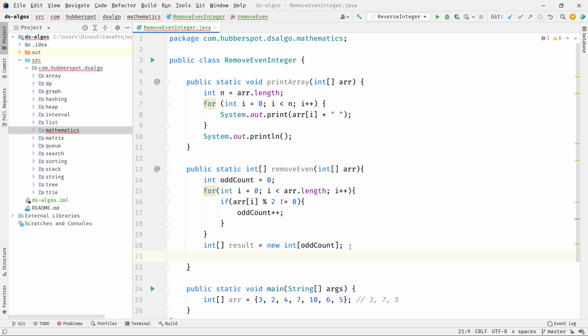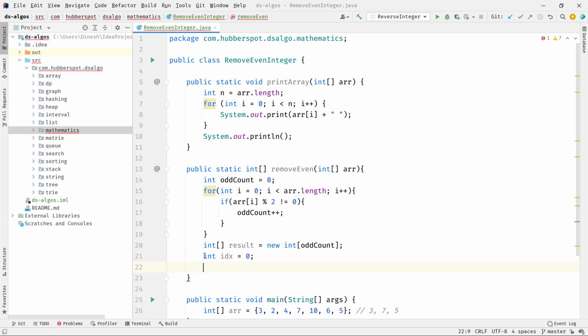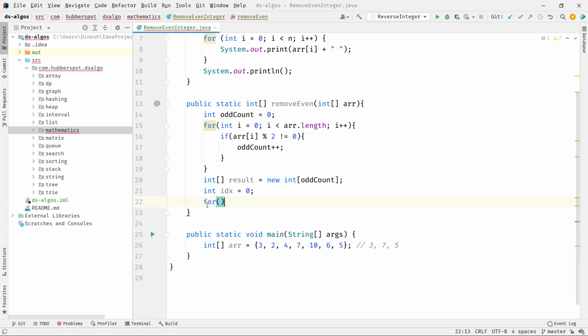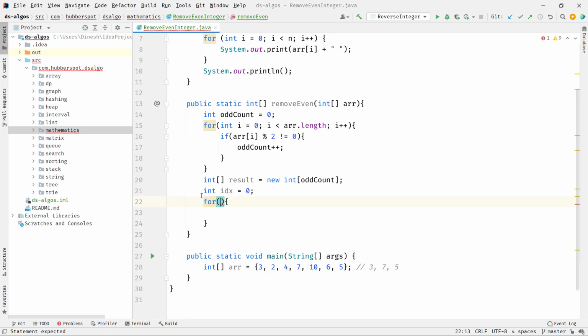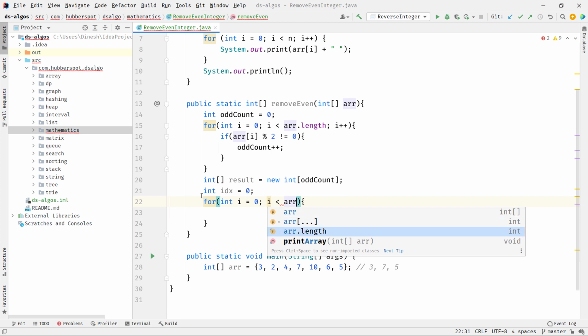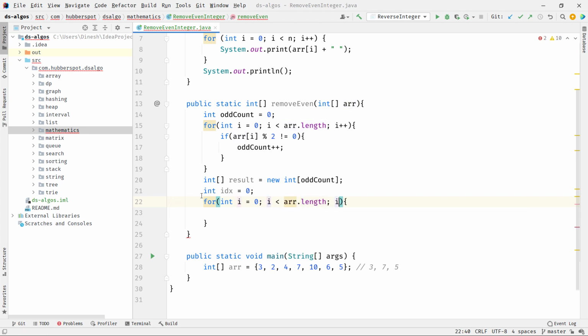Now after creating the result array, we need to fill it with the respective odd elements. First we'll create an index variable starting from 0 and then we will again iterate the array, and provide the same condition as we have done here.